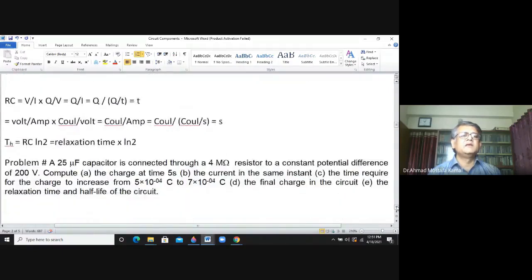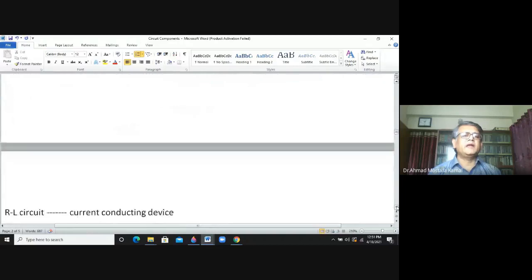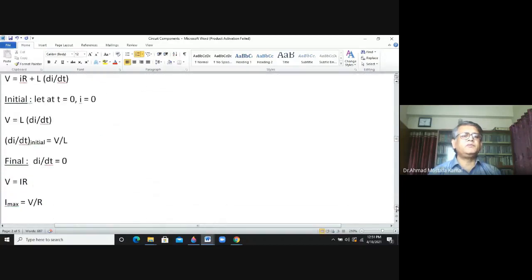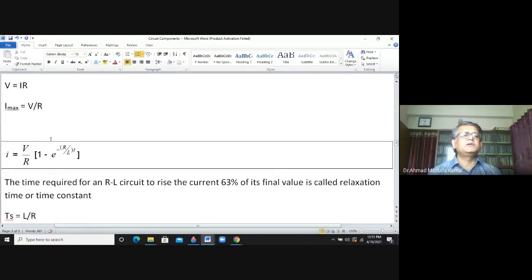So we got another equation for the RL circuit, and that is I equal to V by R into 1 minus e to the power minus R by L into t, of the form 1 minus e to the power minus x. It is an exponentially increasing function. So current is increased in the RL circuit exponentially. And you know the shape of the exponential curve, we have shown this exponential curve in the last lecture, and at a certain time